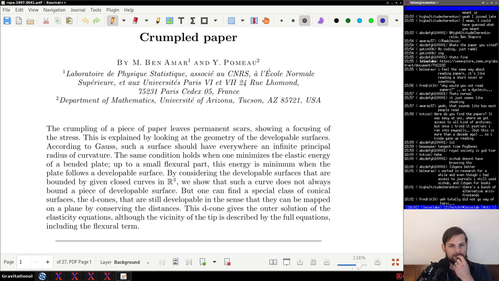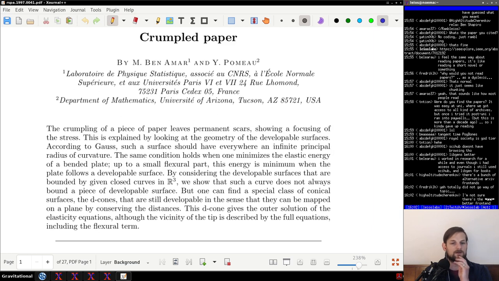The same condition holds when one minimizes the elastic energy of a bended plate up to a small flexural part. This energy is minimum when the plate follows a developable surface. By considering the developable surfaces, that word is hard to say, that are bounded by given closed curves in R cubed, we show that such a curve does not always bound a piece of developable surface, but one can find